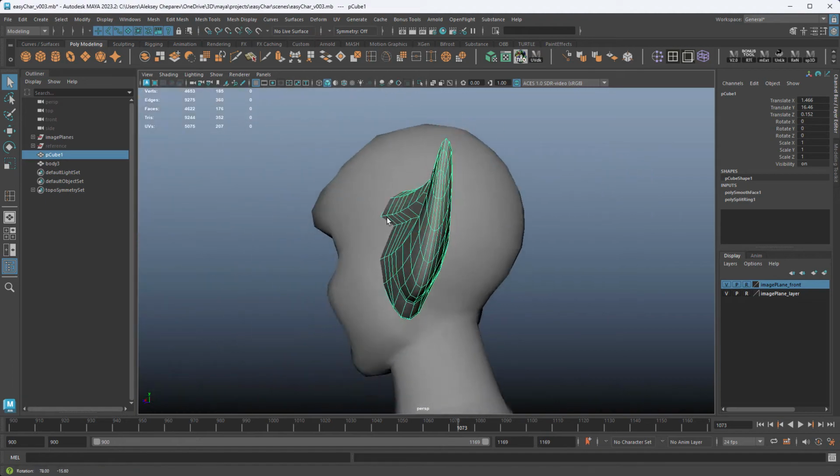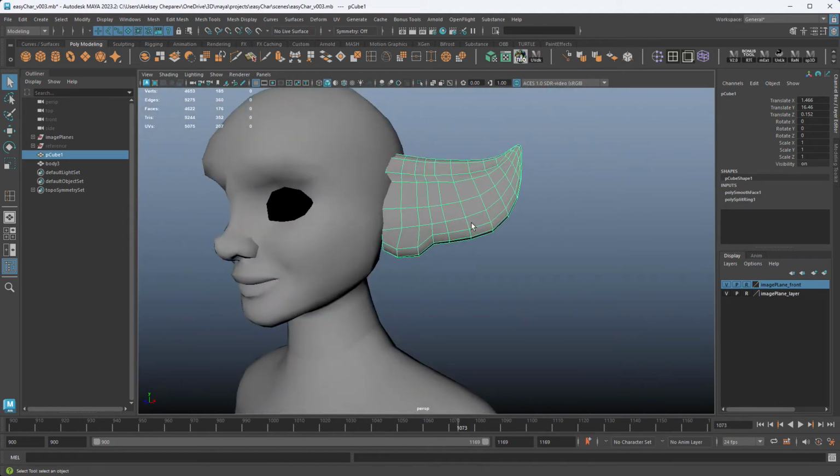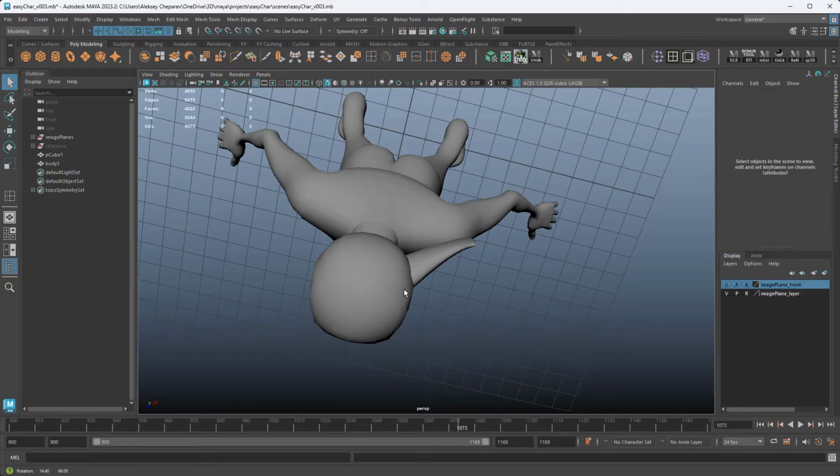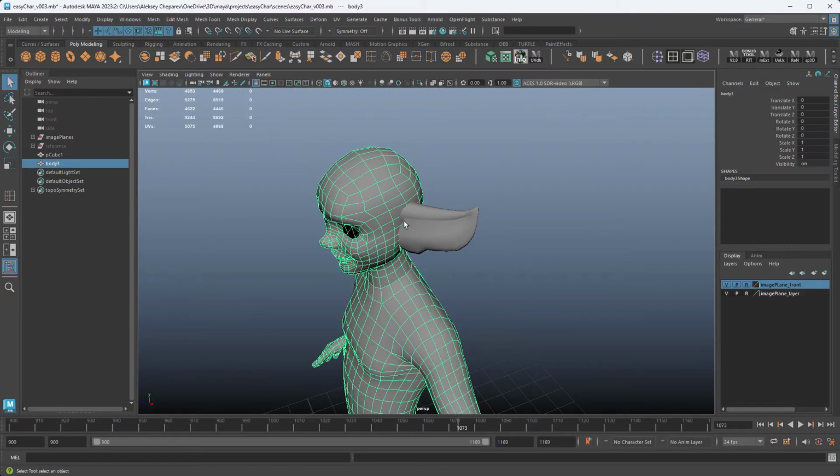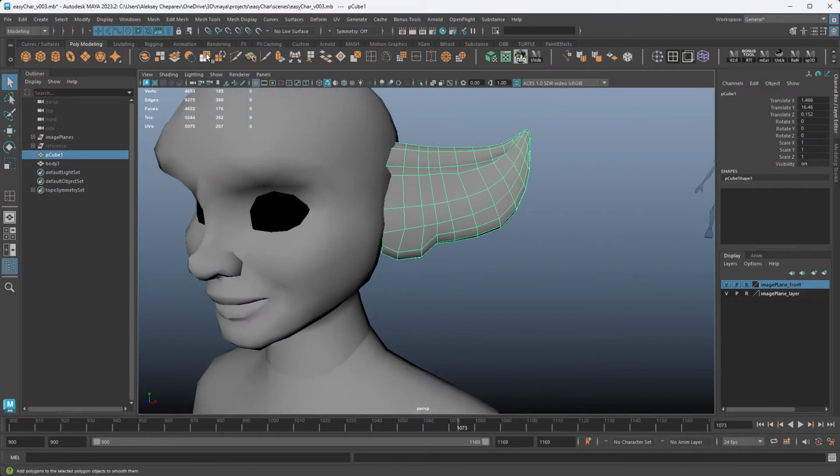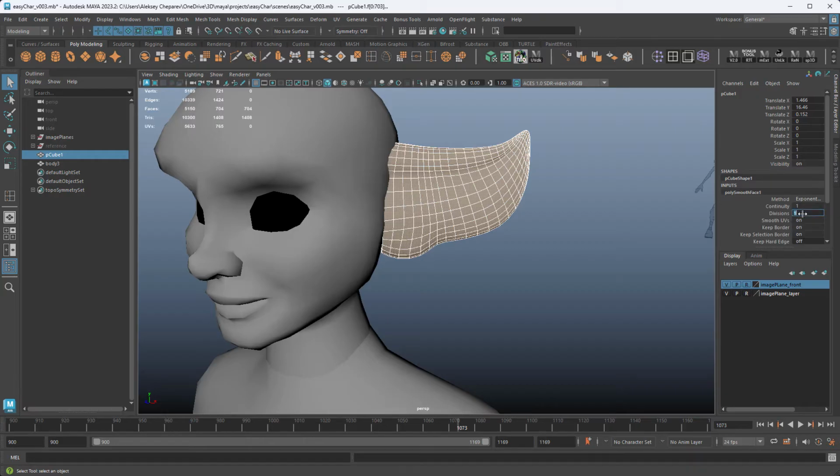What I want to do next is try and do the same thing that I did with the head. So I'm going to take the ear, I'm going to subdivide. That's the 3.